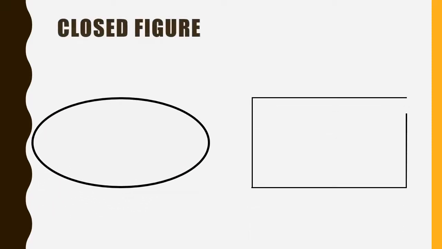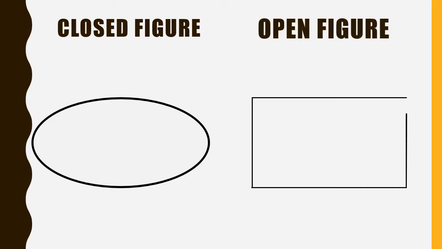Now children, let's take a look at these two shapes. The first shape is a closed shape. Why? Because you can trace this shape all the way around back to where you started without any break. Whereas the second shape, if you see carefully, is an open shape. But why so? Again, because there is a break in the line, that is why this is an open shape and the first shape is the closed shape or closed figure.